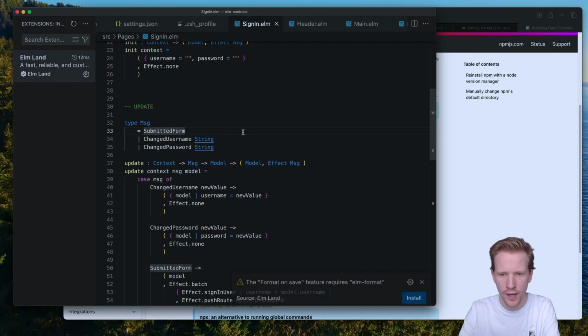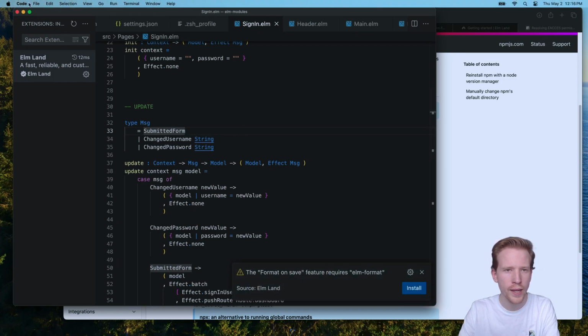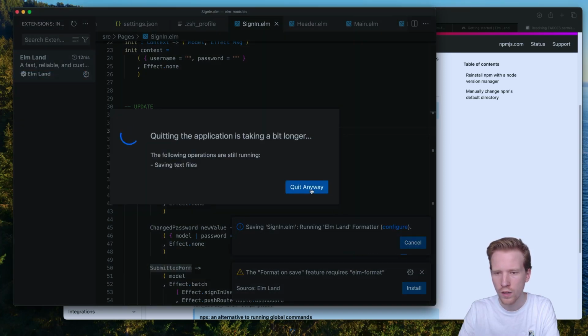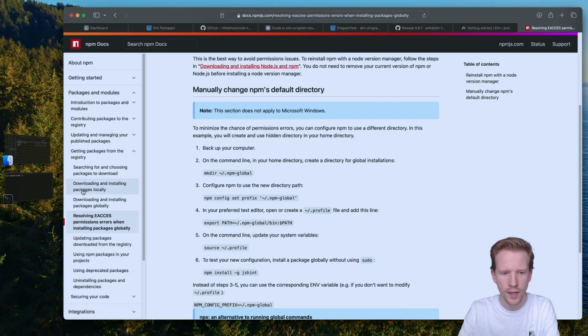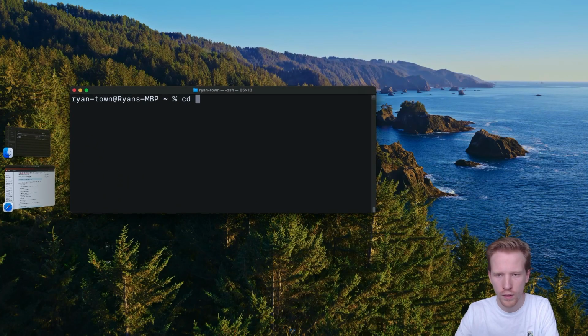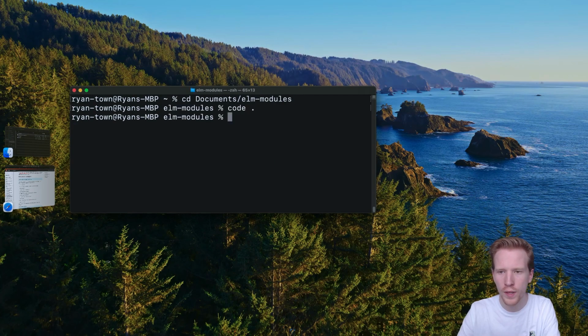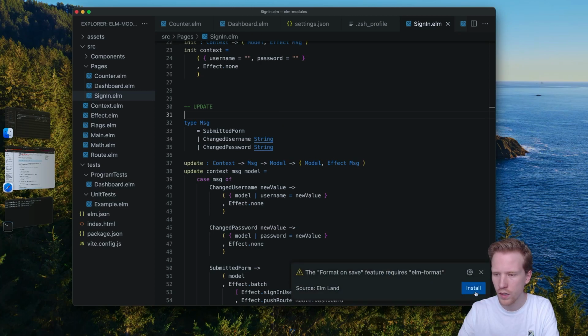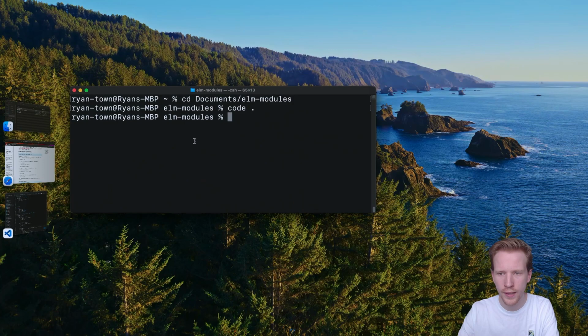When I save this file, let me restart my editor real quick. Quit Visual Studio Code. Quit anyway. And I'm just going to open up my documents, Elm modules. We're just going to open this up in VS Code again. And now that we have Elm Format installed, oh, you know what? I bet I didn't. I bet it is zshrc. I'm going to move